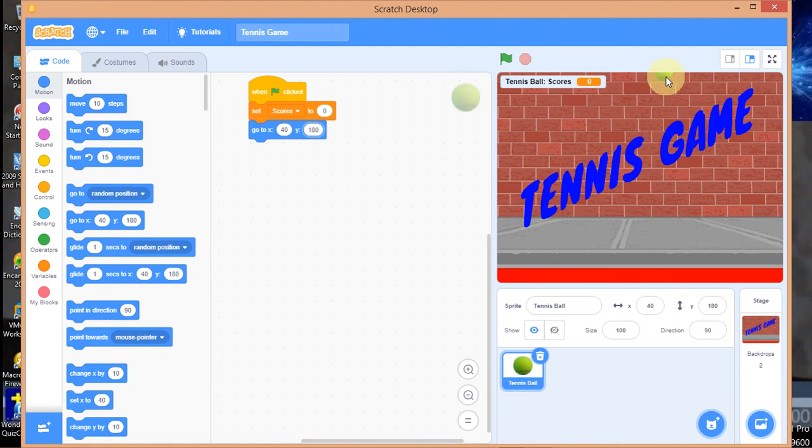Yeah, good. But now part of the ball is missing here, and that's why I don't want an extreme value for y. I want it to be somewhere around here. So let me change this to 170 or 160. Let's go for 160 and see the effect. Yeah, good. Let me bring it back so that you see the effect. Click the flag. Okay, guys, I think I like that. That's a good startup.